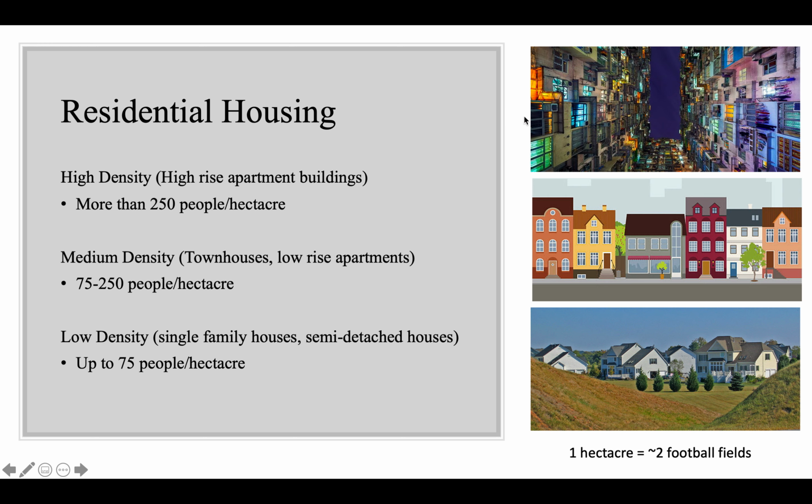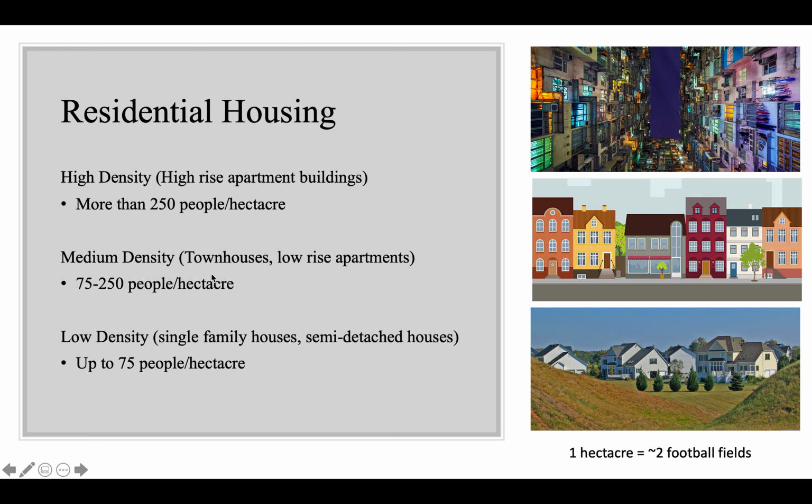In a high-rise apartment building, you do have a smaller space, and you have less privacy, but they are more environmentally friendly because you're taking up less physical space. And also a lot of the services accessed by the residents can be shared, so things like laundry, and also you're likely to be in walking distance of different amenities, which is also nice.